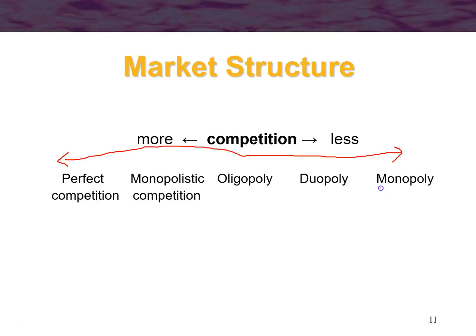Now, at this end of market structure, there is no competition. So competition is completely gone. Here, well, you can tell by the name, perfect competition. This is the highest level of competition in terms of the most intense. Now, everywhere in between, we call it imperfect competition. So this area right here,